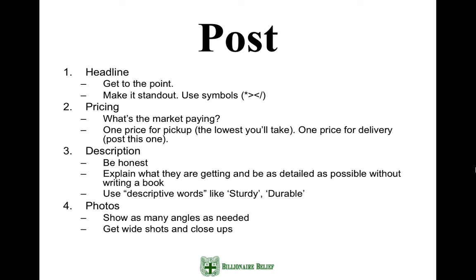Put one price for pickup, one price for delivery. So the pickup price is going to ideally be the lowest you'll take for that product, whereas the delivery price is going to be a higher price. And it's going to be the prices you actually post on the Craigslist side. So ideally, that's it. For example,